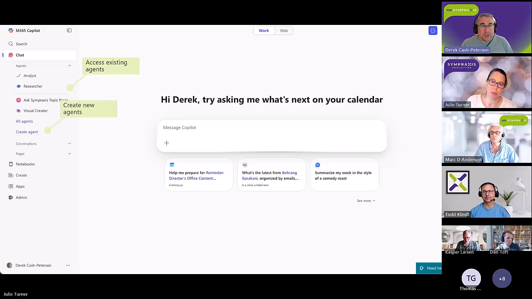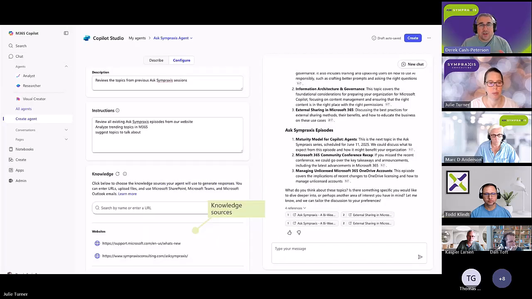Yes. So there's really two places where you can create Copilot Studio agents. The first is that screen that Mark was showing us, that home screen, which used to be office.com. That's going to list your existing agents, anything that's already been created, the Microsoft-provided ones, or anything you've created. And it also gives you the ability to create new ones. So when you create a new one, next slide, you get sort of a light version of an agent creation process.